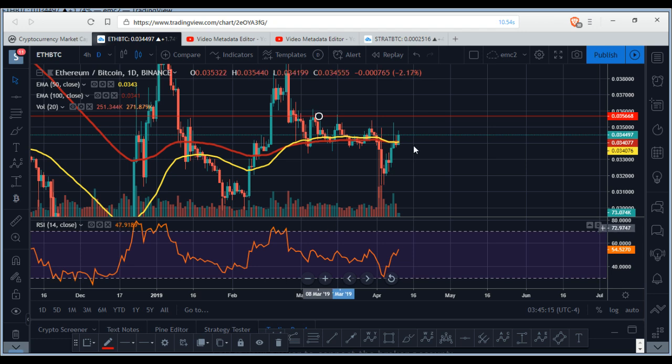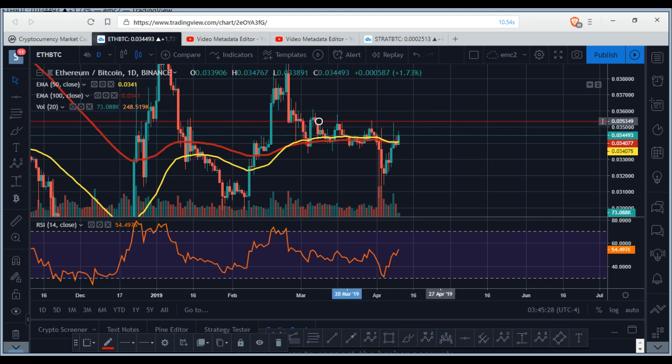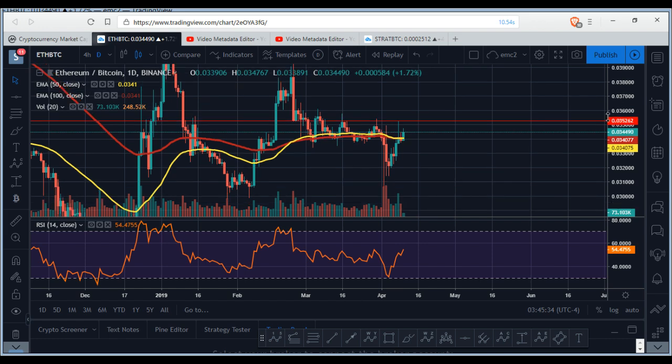Stratus is just about to break out of this area. I talked about Stratus on my previous live stream. I said if Stratus is able to close above 25, let's say 25.20, it is most likely going to break out in the next 24 to 48 hours. But we have to be able to break out. We're going to talk about Stratus next. But first, we take a look at